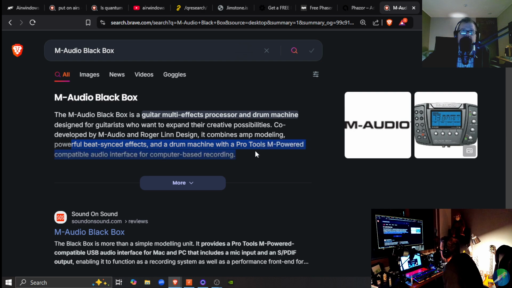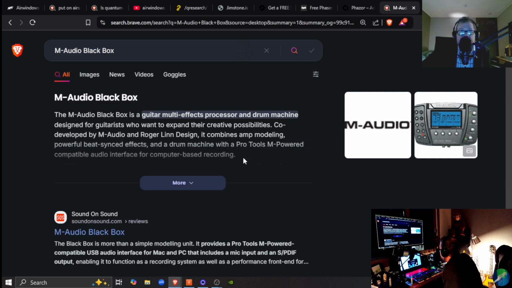This is my interface for recording, and this is where I get my drum loops, and the time-based effects are all synced to the drum machine, as is the delay.